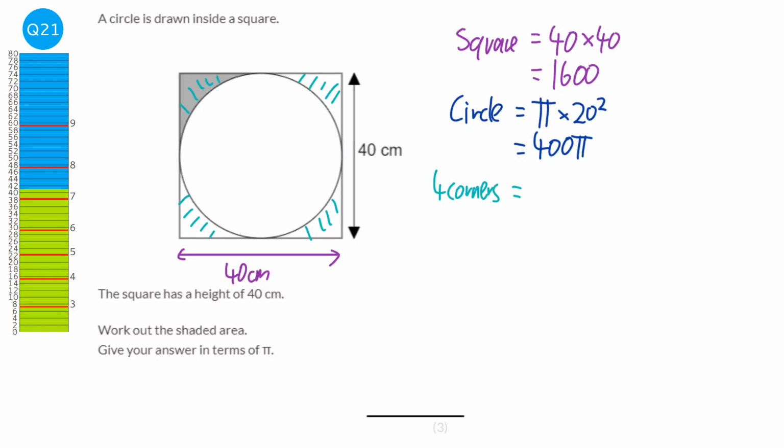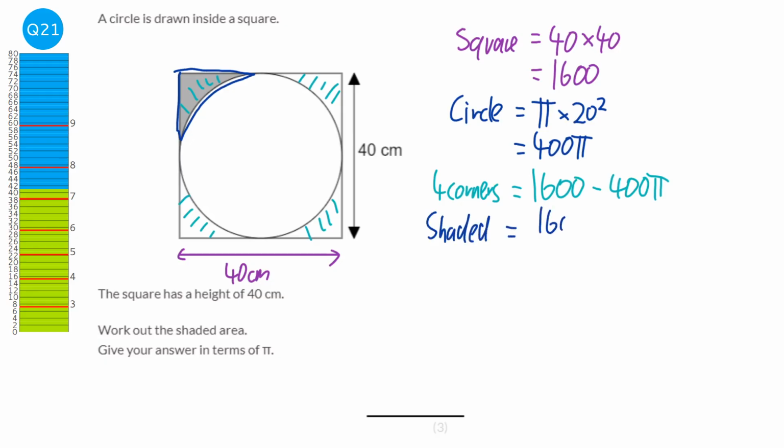And to do that, we're just going to do the square, take away the circle. So 1,600 take away 400 pi. Now we can't actually do anything more than that. That is our answer, so we just leave it at that. And to work out just the shaded bit, which is this bit here, they are 4 equal amounts that we've got for these corners. So just one corner, which is the shaded bit,